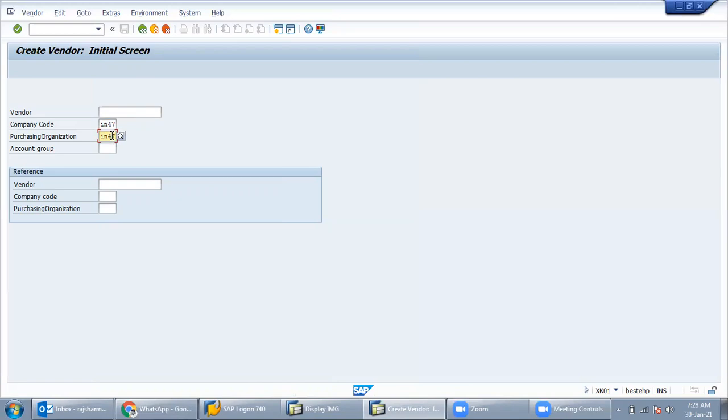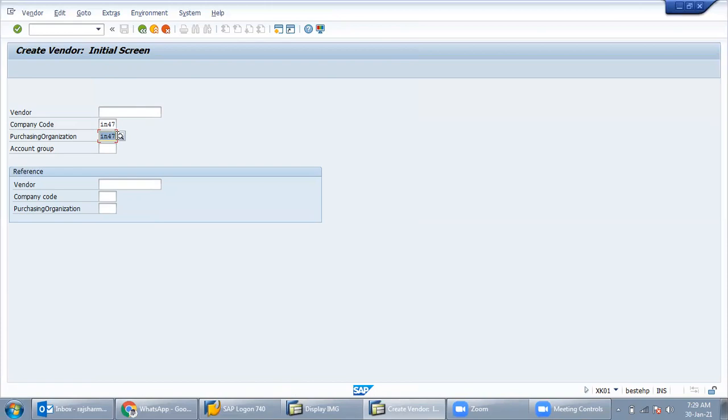Suppose you ask why we are not selecting the purchasing organization for Aditya Birla. That is a part of MM, who will configure and set up the purchasing organization for a new company code, that is AB01. That will take half an hour. This is not our part, and we would be wasting half an hour on that. That's why I am not taking that purchasing organization here.